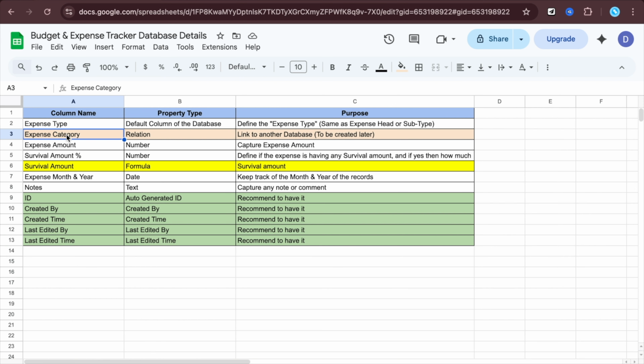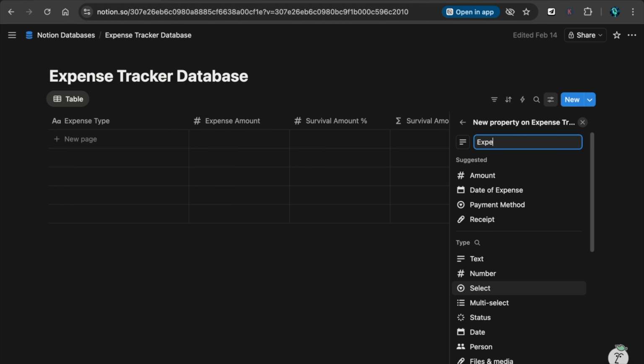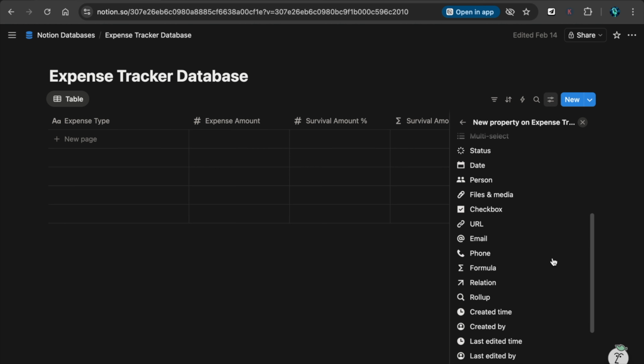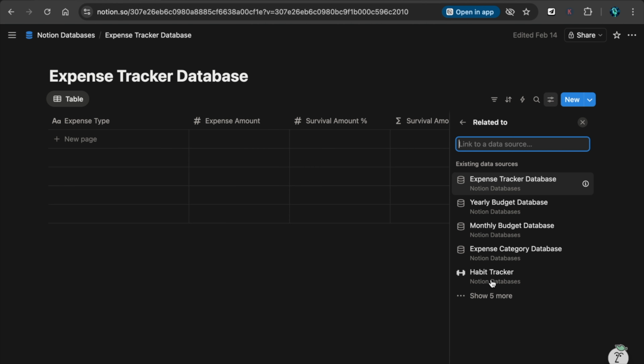Let's create this expense category column in the expense tracker database. Expense category. Property type will be relation. This is a special and very powerful kind of property that helps to link to Notion databases. We want to link the expense category database with the expense category column of the expense tracker database, and this database is